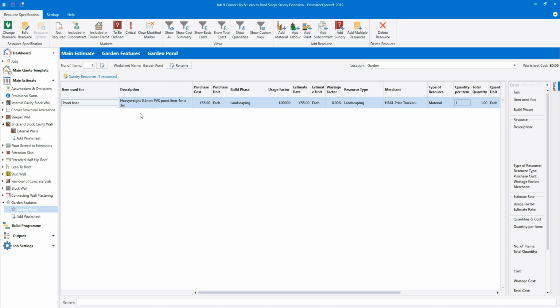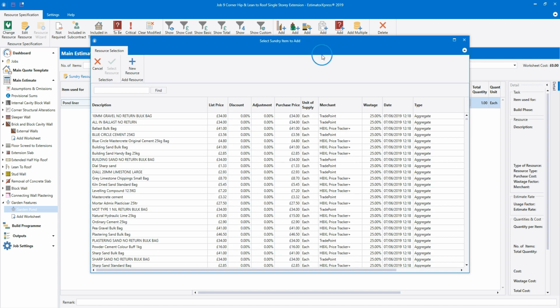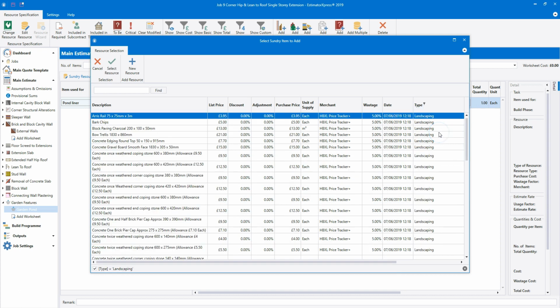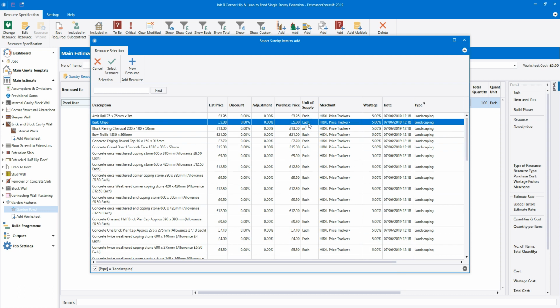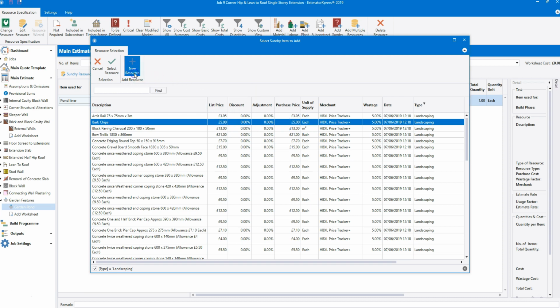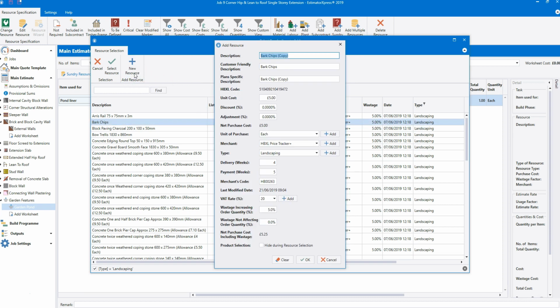Next I'm going to add in some plants for the pond. I'm going to click Add Material again. I'm going to filter the price book to show those landscaping materials again. And again I'm going to find a suitable template material. Again I need one with a unit of supply of each. Once you've selected the template resource, click the New Resource button and update each of the fields for the new